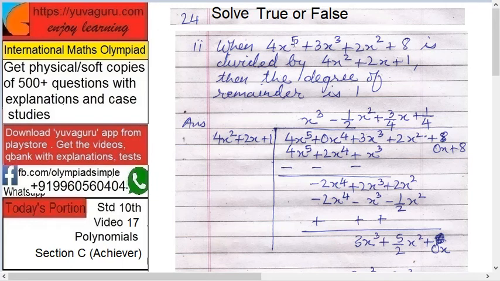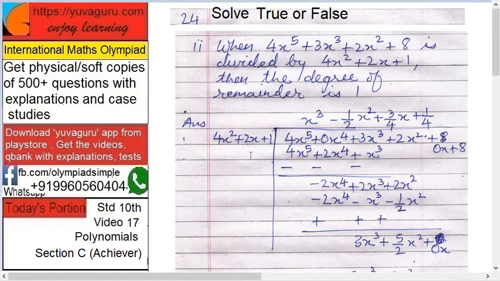So 4x^5, then x^4 is there, is it there? No. So arrange it now. 4x^5 + 0x^4 + 3x^3 + 2x^2 + 0x + 8. See here, after 2x^2 there is no x, so 0x + 8. Okay, here in divisor 4x^2 + 2x + 1, yeah, all are there, so keep them as it is. So first with first it becomes x^3, and then 4x^5, multiply this whole term with x^3. 4x^5 + 2x^4 + x^3, minus, minus, minus, solve this, you get minus 2x^4 + 2x^3 + 2x^2.